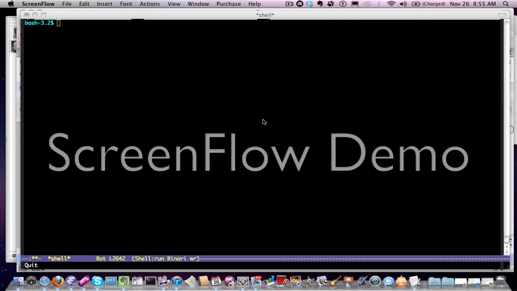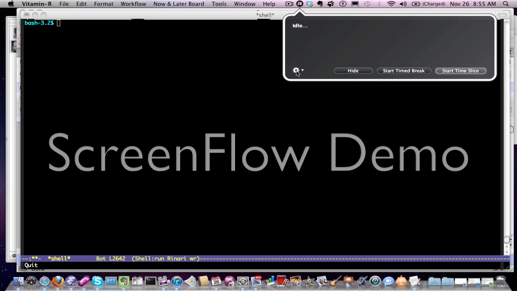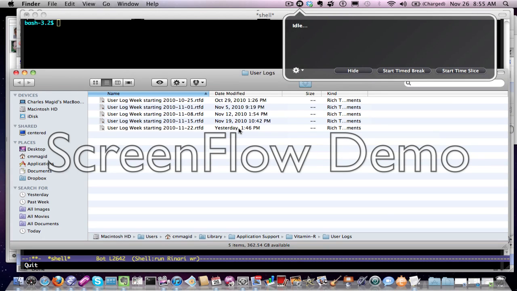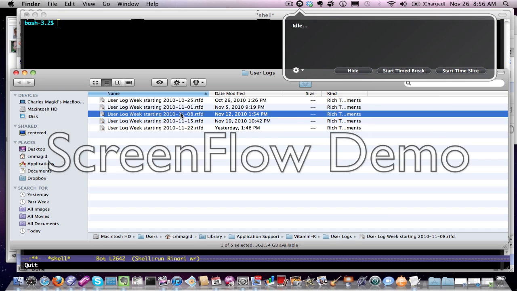Okay, I'm going to show how to use Emacs, Ruby, and Google Docs to create an invoice from the output of Vitamin R. If you go to Vitamin R and click on the tools, logs, and go to the Finder and find the collection of RTF files that have the data in it, and pick one,